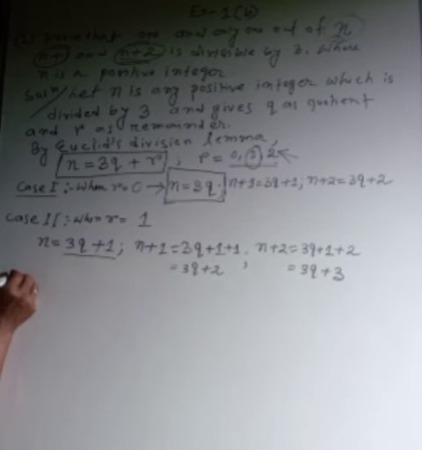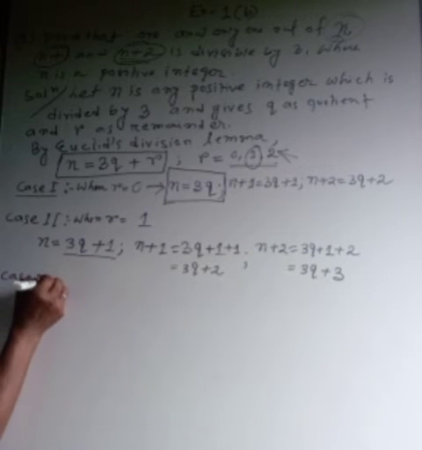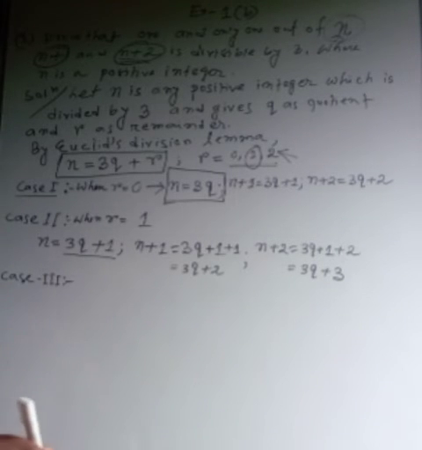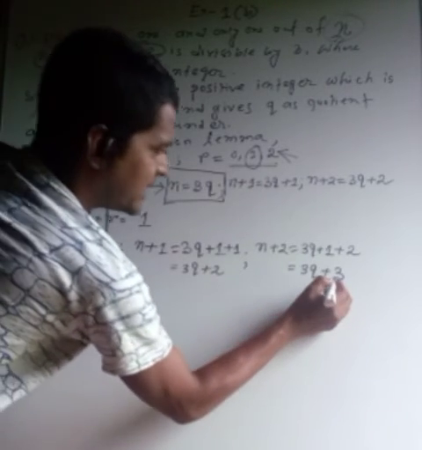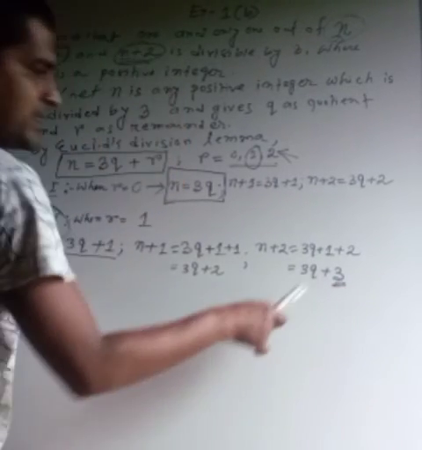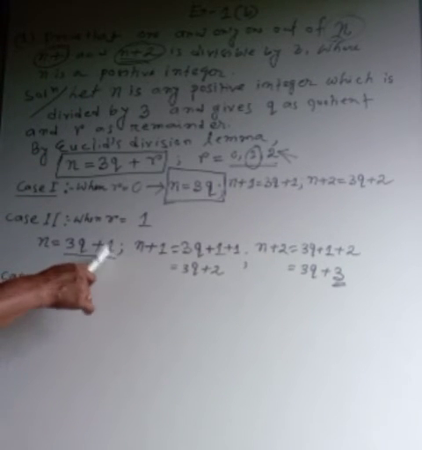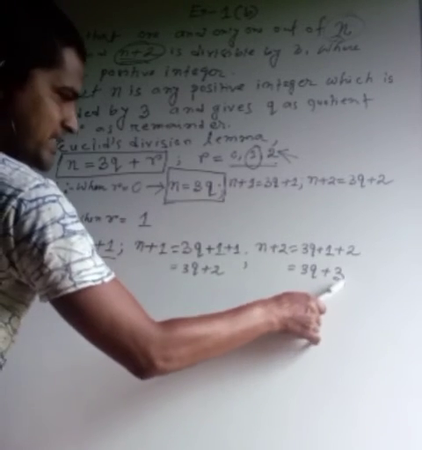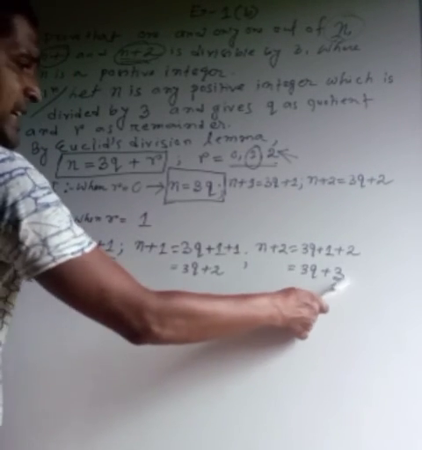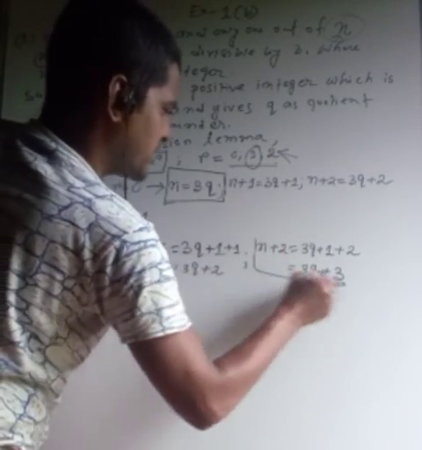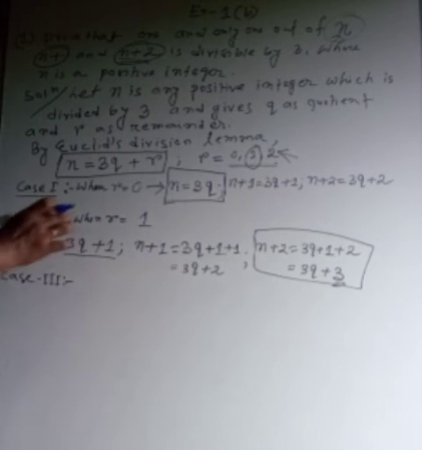So let us check in this case 2 which one we can divide by 3. Look, what remainder did you get? 3. It means this one, 2, we cannot divide by 3, this one, 1, we cannot divide by 3, this one is 3. So here we can take 3 as common and divide by 3. So this is the important part for this second case.